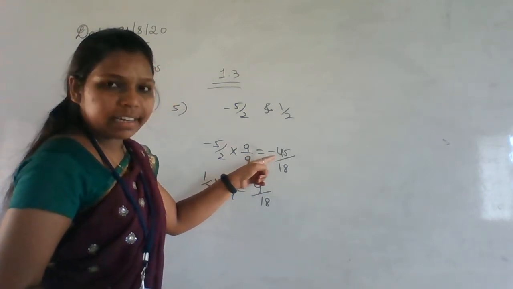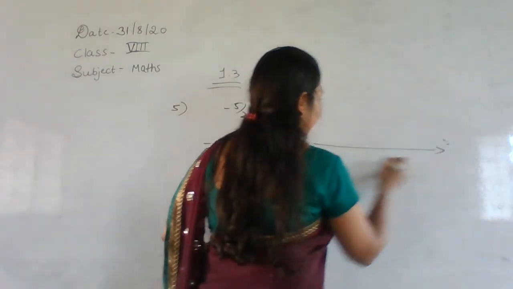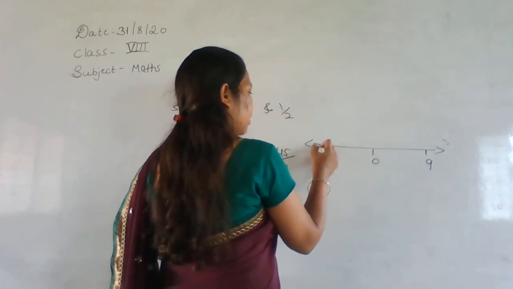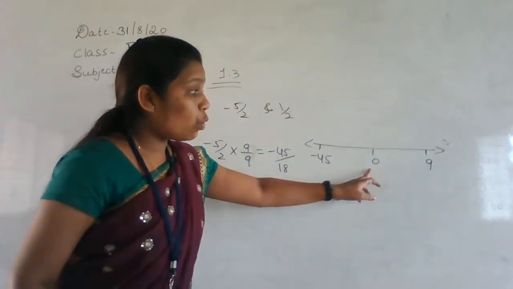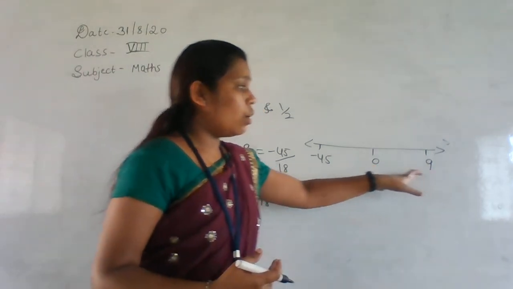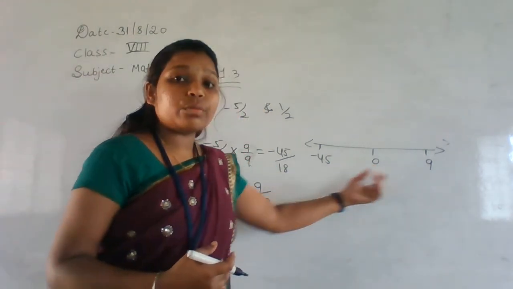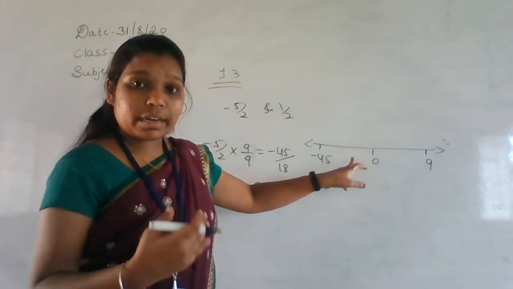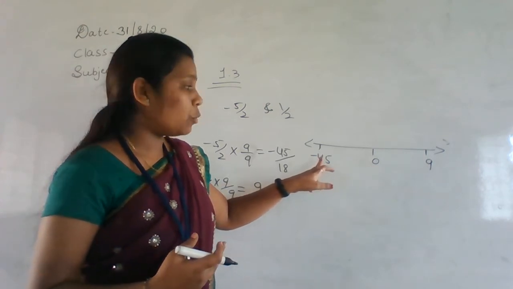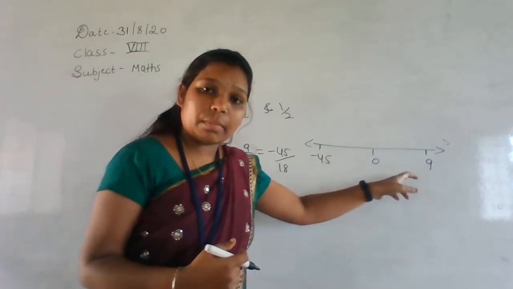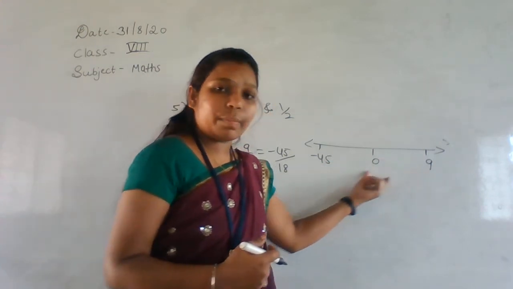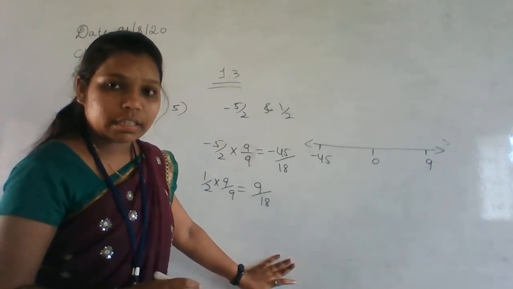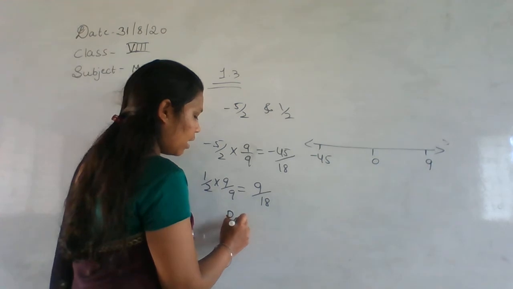Observe the numerator value. Here 9 is there, here minus 45 is there. And you know the number line, right? And the middle value will be 0, and here we are having 9 and here we are having minus 45. 0 to minus 45 and 0 to 9. So many numbers lie between minus 45 to 9, right? 1, 2, 3, 4, 5, 6, 7, 8, 9 here. And here minus 1, minus 2, minus 3, so on, up to minus 45 we are having on the number line here. So minus 45 to 9, there will be so many numbers. Take any number in the numerator and just write the rational numbers here.